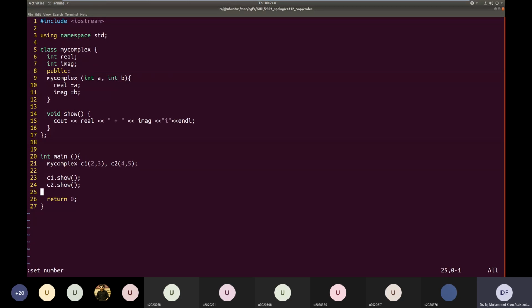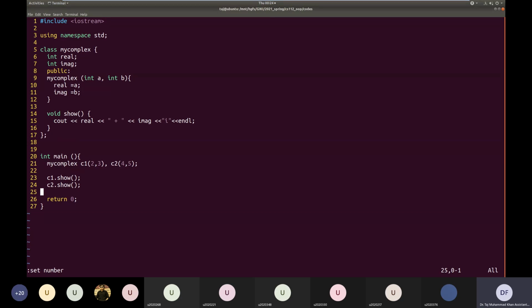Since C++ allows us to extend the type system by declaring new user-defined types, we can declare a new type to simulate the behavior of complex numbers. Right? So here I declared a very simple type called myComplex as a class. It has two private members, line 6 and line 7, the real and imaginary part, and we are storing them both as integers.